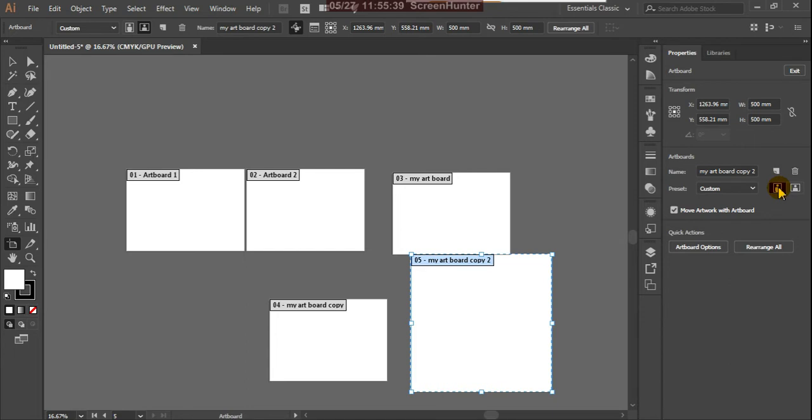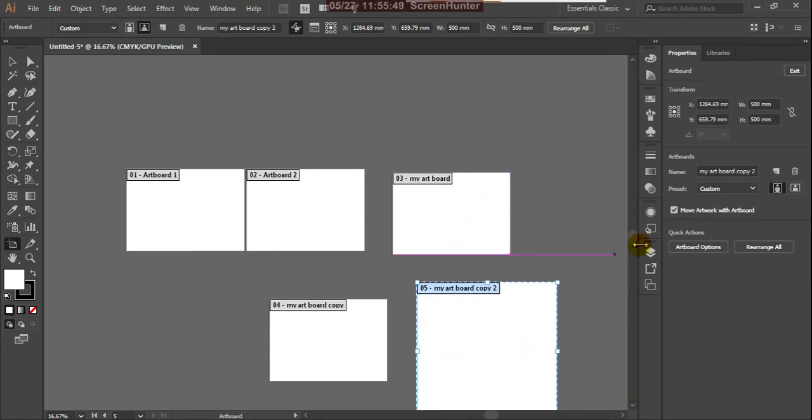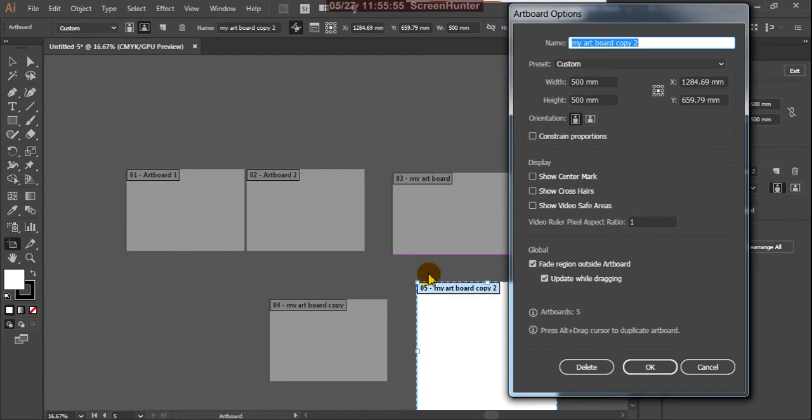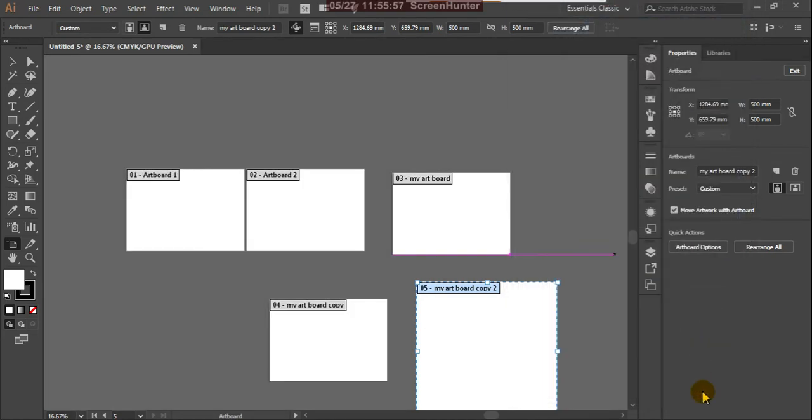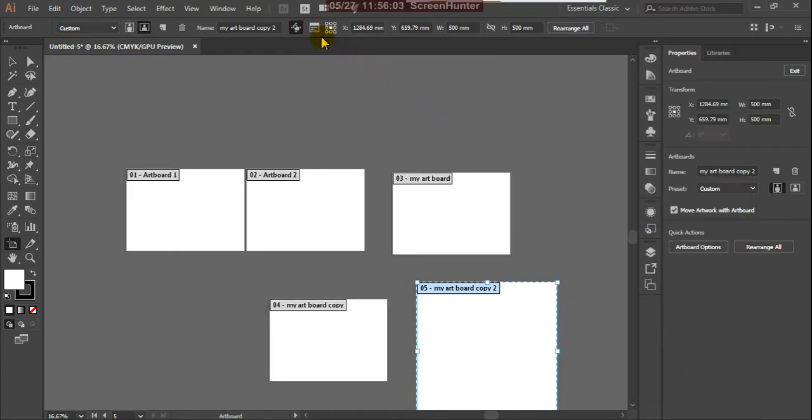Okay, so move artwork with the artboard. If there is any artwork, when you move your artboard, your artwork can also move with that artboard. Okay, so here there is an artboard options, the same options. Okay, already it is there, the same options here again.